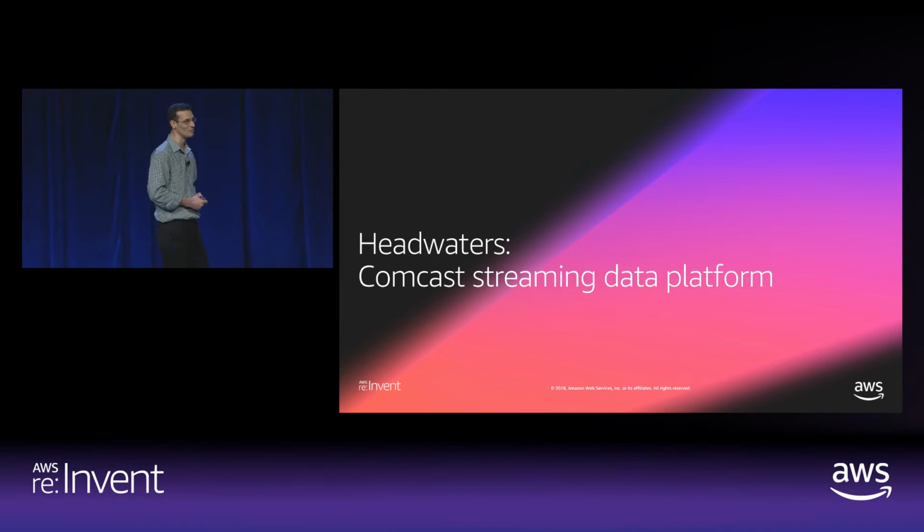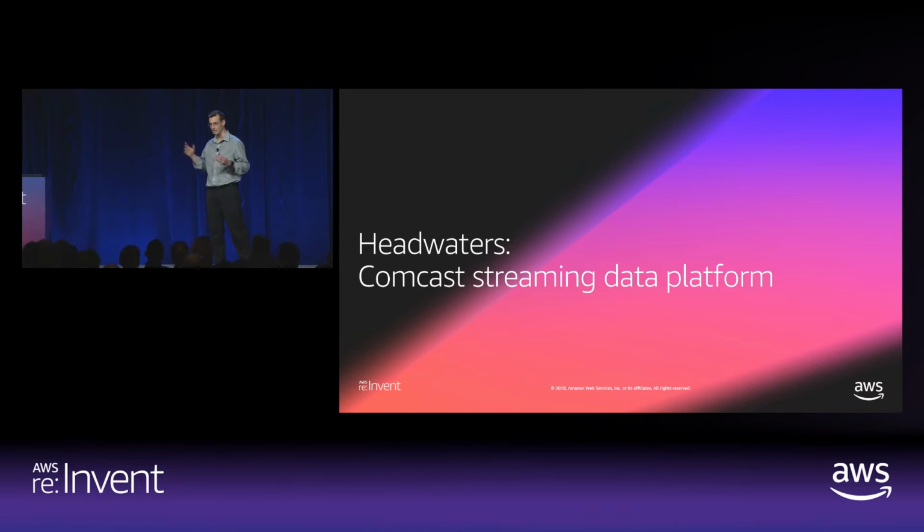Hi, my name is Gabriel Como, and I lead the streaming data platform at Comcast. I'm really excited to be here. I hope you guys are enjoying AWS re:Invent 2018 as much as I am. And so I will split the rest of this session into 3 parts. First, I'll give you some background and some context about the streaming data platform that we've built at Comcast. Then we'll see 5 considerations to think about when scaling a Kinesis stream. And finally, we'll see how the consumer Fanout, the new feature, changes this picture.